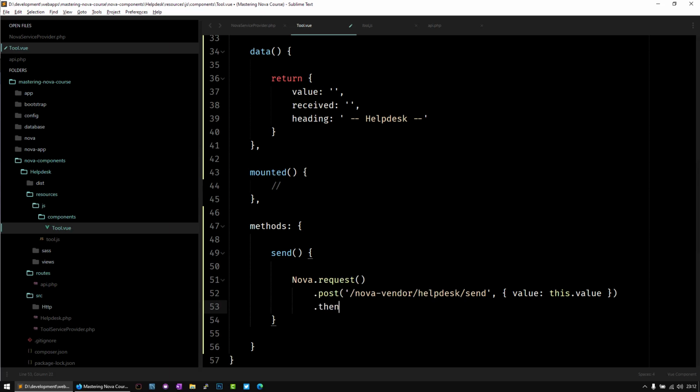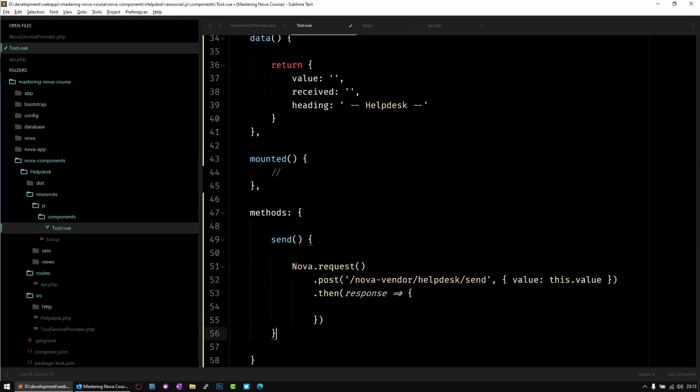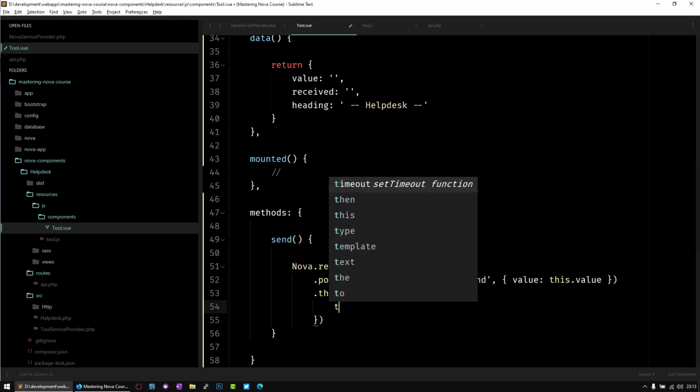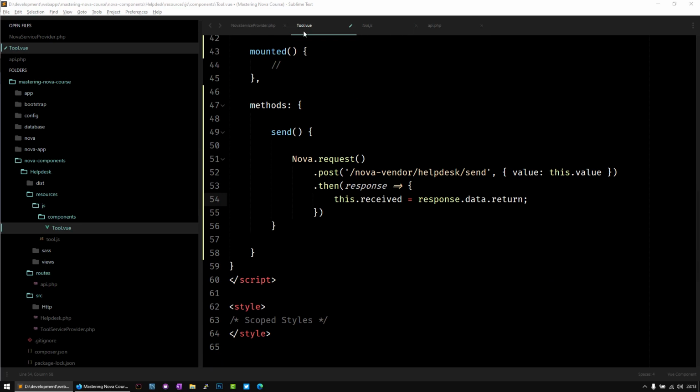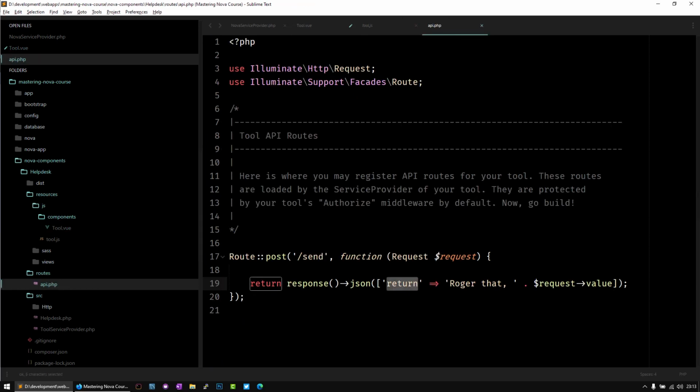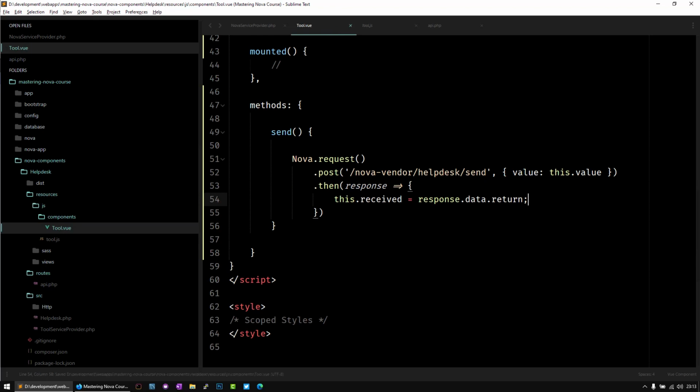And then with the response that comes, what do I want to do? Here, basically, we can just say nova.received, because it's the other variable that goes to the other input box. We'll have this return that you can see here. So this return is basically this return key that is coming from here. So if I save it,